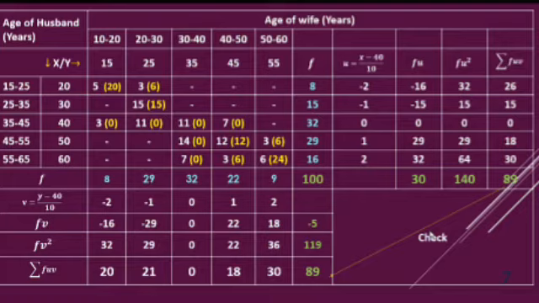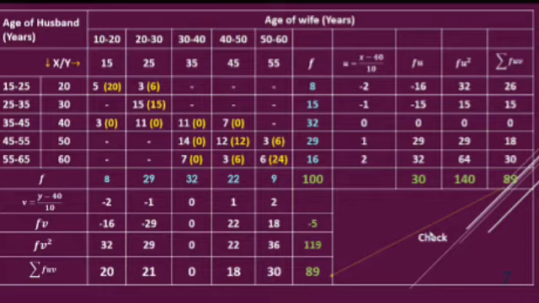What is U? U equal to X minus a constant. The values of X are 20, 30, 40, 50, 60. In that you take one constant. My dear students, you remember one thing, I have taken it as 40. You can take any constant. There is no restriction about this constant. X minus assumed mean. It is only an assumption about the mean. It is not the exact value of the mean. I have assumed that it is 40. You can assume even 20.